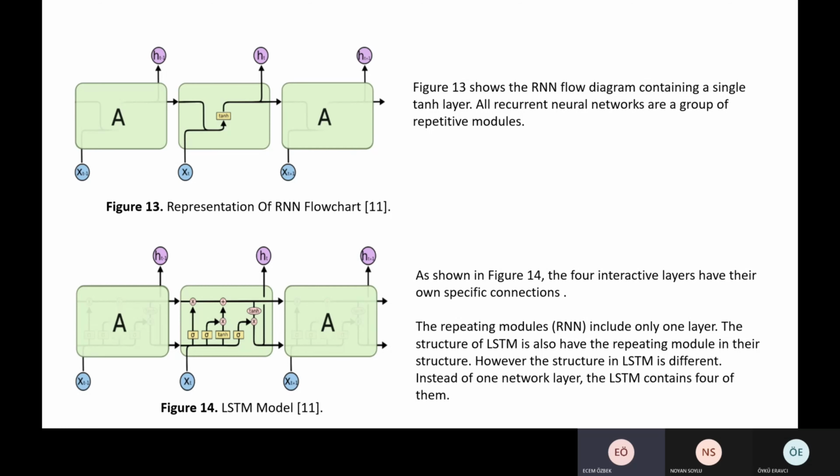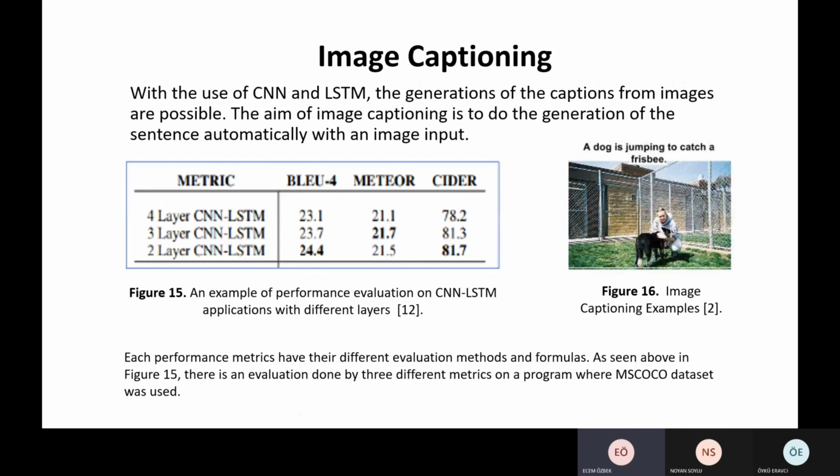I would like to give information about the main subject of this project, image captioning. With the use of CNN and LSTM, the generation of captions from images is possible. The aim of image captioning is to generate sentences automatically from an image input. Each performance metric has its own evaluation method and formula. As seen above in figure 15, there is an evaluation done by three different metrics on a program where MS COCO